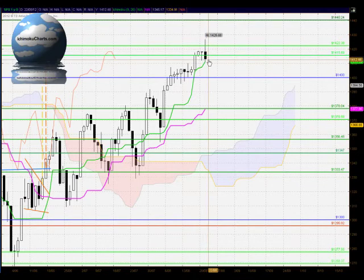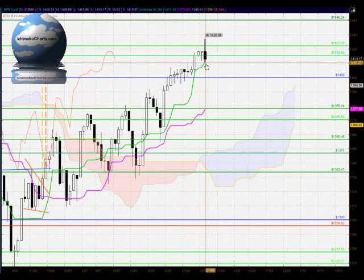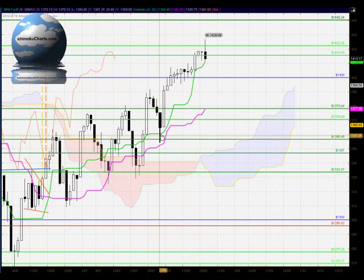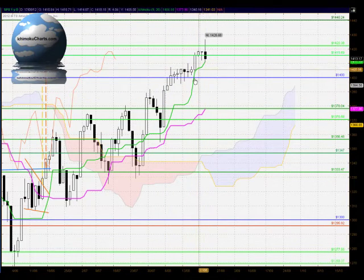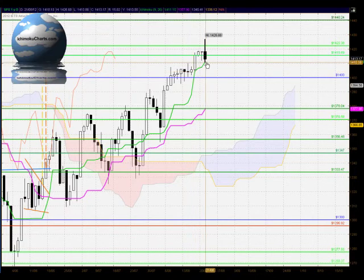A very large shadow on the top of this candle as well saw the buyers lose commitment up above the 1422 and 1415 areas of resistance, and that also suggests that there is potential for the market to continue trending down. The only thing is the market found support at the Tenkan-sen, and as we know, very often when we have a market that has very strong upside momentum, it tends to find initial support at the Tenkan-sen, and here we see in the recent past at around 1404 the market found support, and for today's trading we found support there. So that is a very important level for tomorrow's trading, around this 1411 level, around the low of